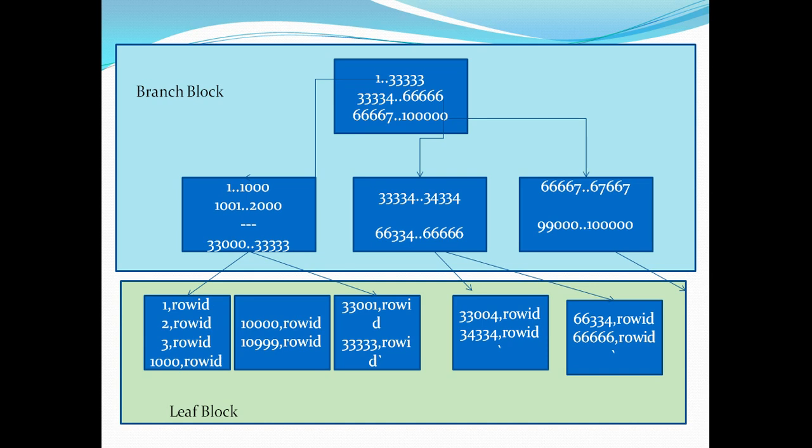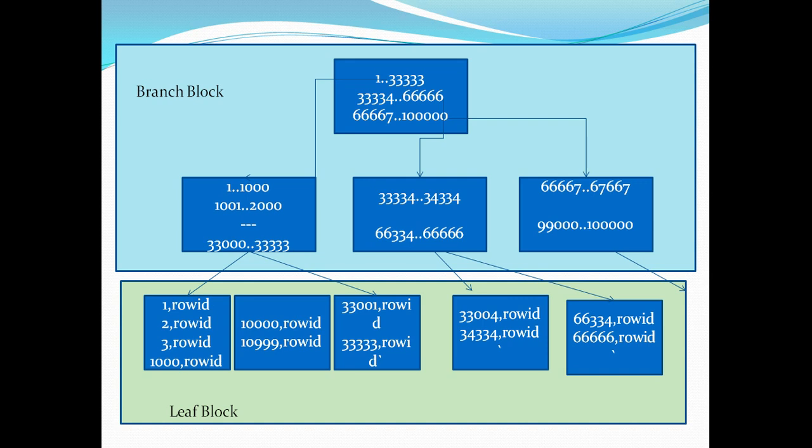At this point, let's just quickly recap what we have discussed as of now. So for storage, Oracle has 3 fundamental units: blocks, which is the finest grain, then we have extent, which is formed by contiguous blocks, and then we have segments, which is formed by multiple extents that are in the same tablespace and which are used for a particular data structure. A table will have its own segment, an index will have its own segment, and if the tables and indexes are partitioned, each partition will have its own segment.